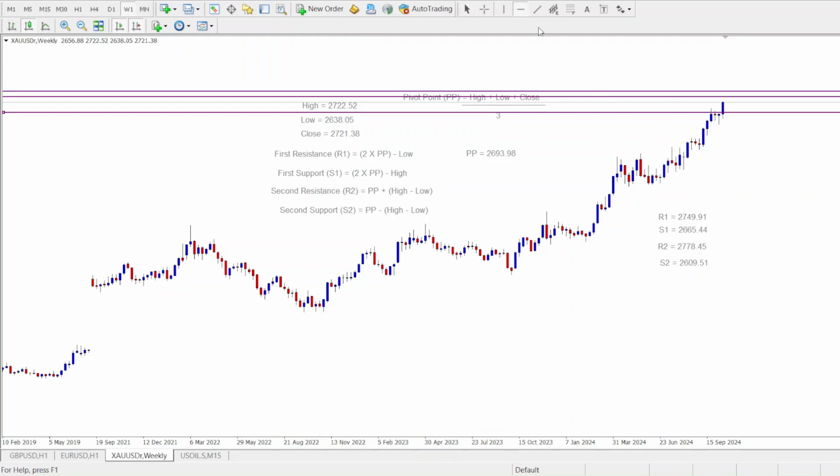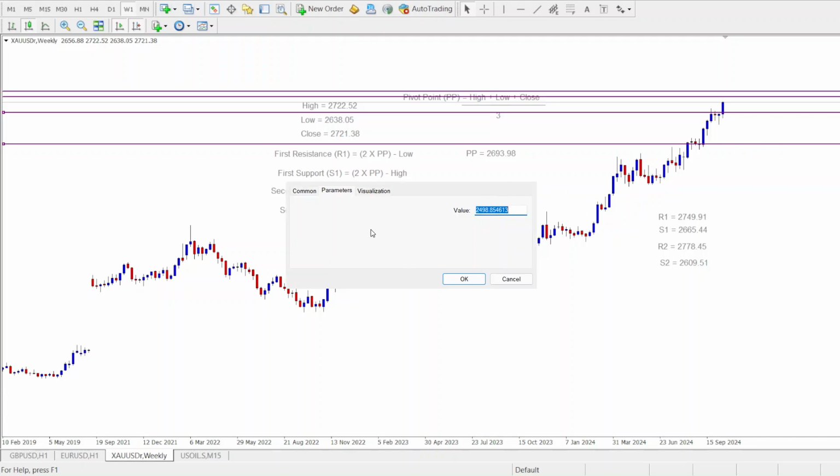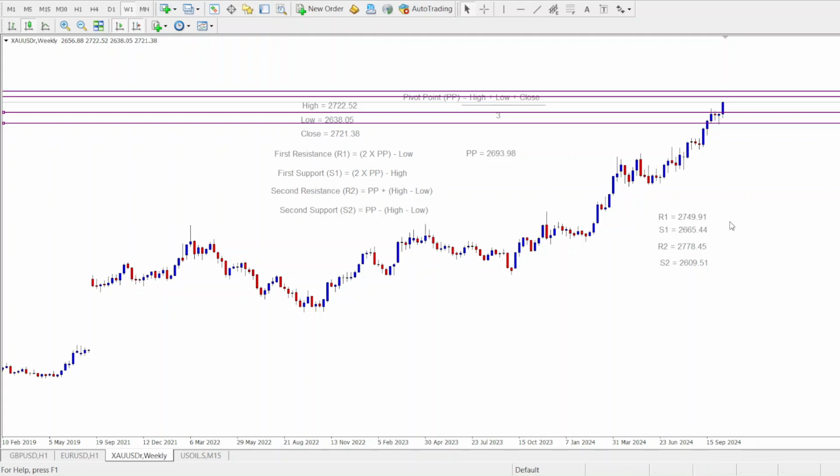And as for our second support, we have it at 2609.51. Okay, so we have been able to identify our pivot point, our resistance and support levels that